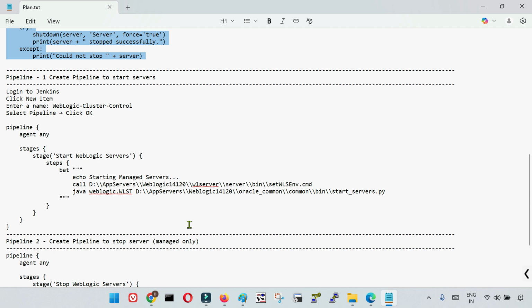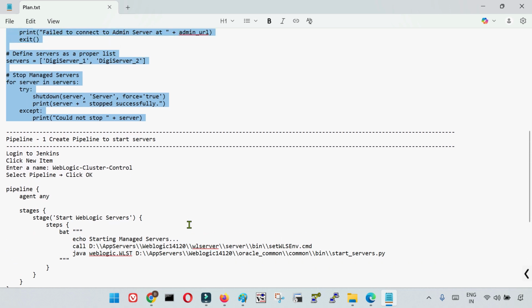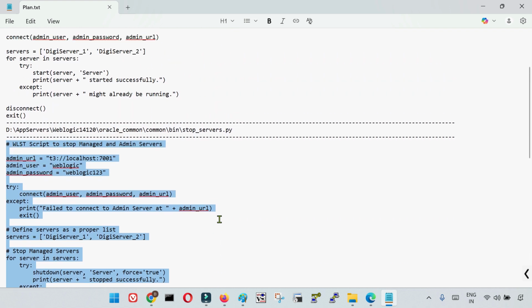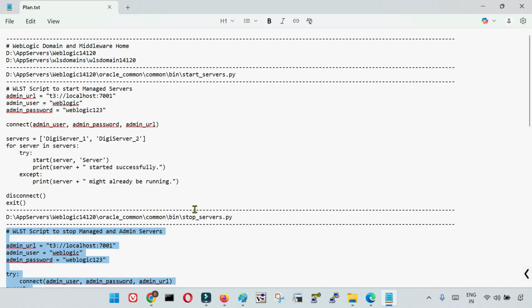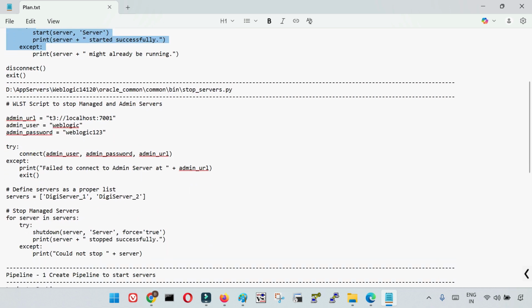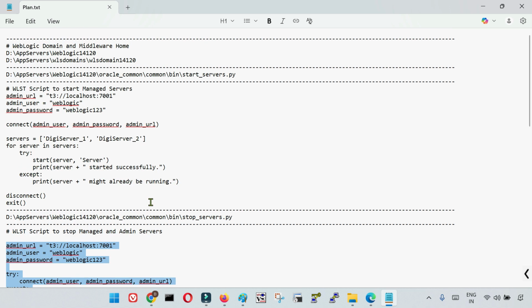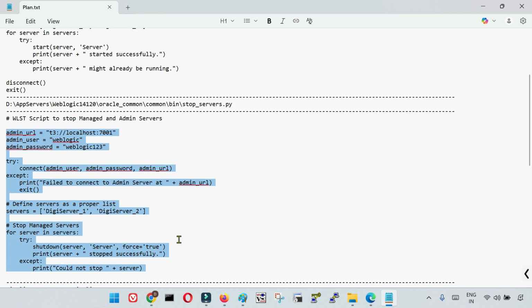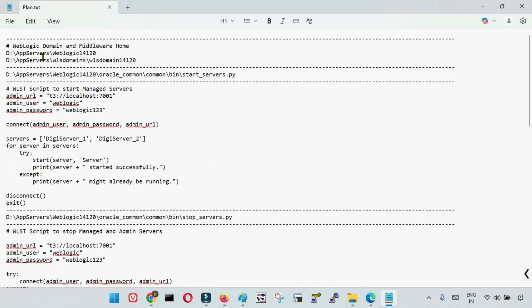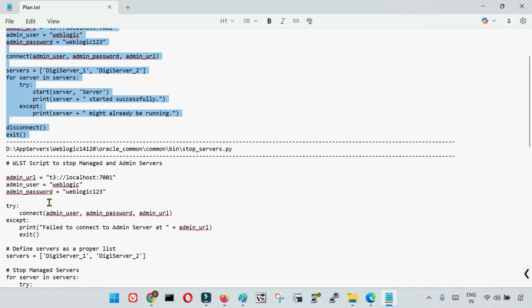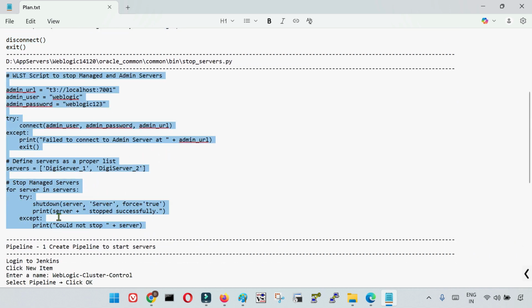What you need is Jenkins to be installed. I have posted a session on that in my channel as well. After Jenkins installation is done, you need a WebLogic server with a domain. Here I have two managed servers. If you have only one managed server, you can remove one of them. You can modify this script according to your domain or the number of managed servers that you would like to start or stop with the help of this particular Jenkins job. Right. So once your infrastructure is ready and your scripts are ready to stop your managed servers,